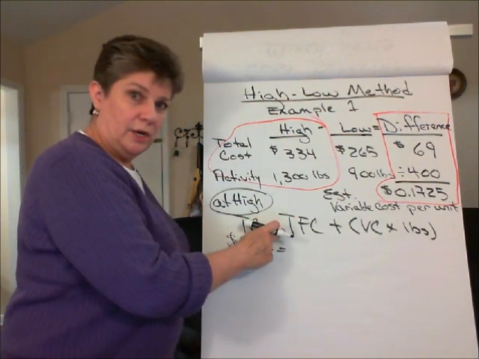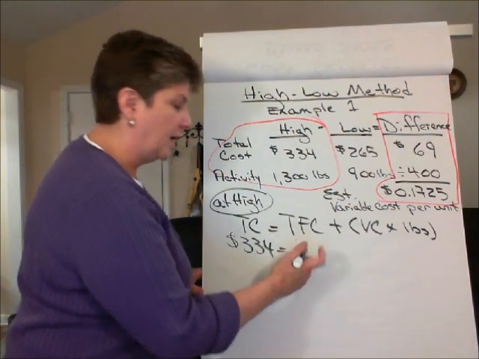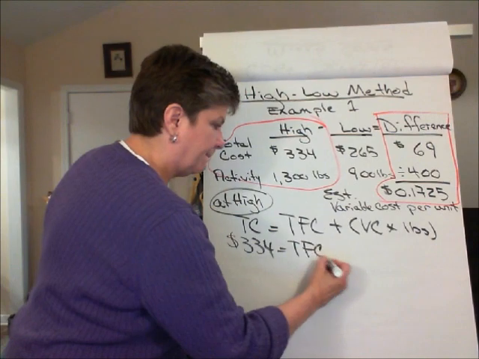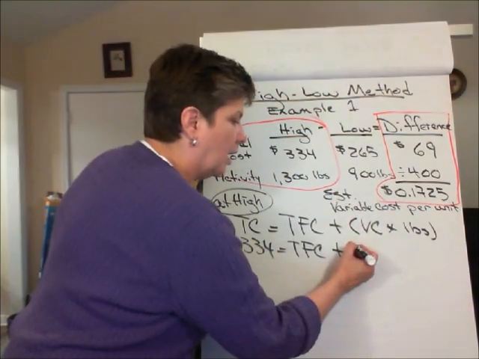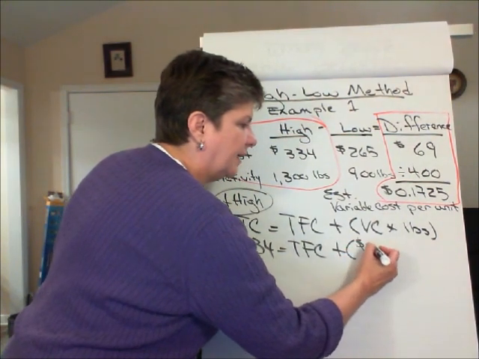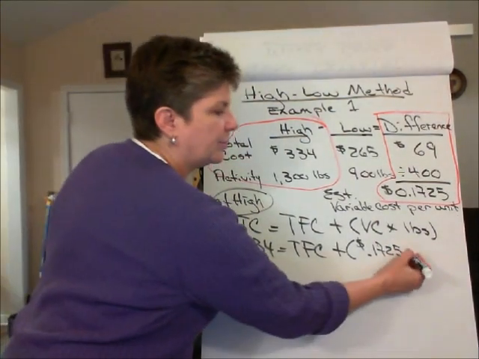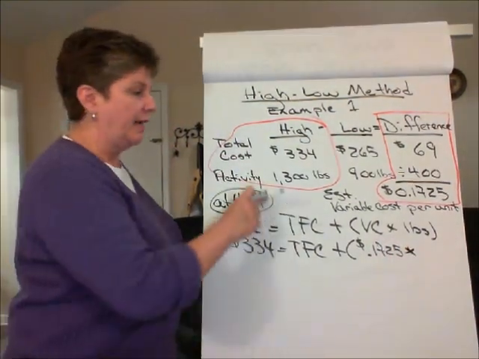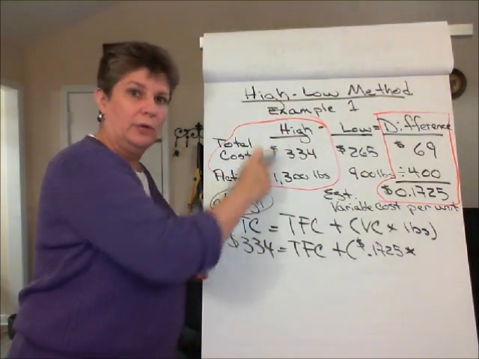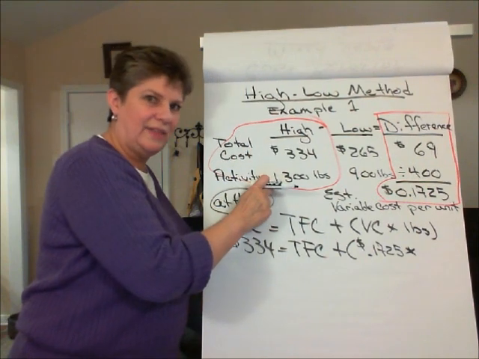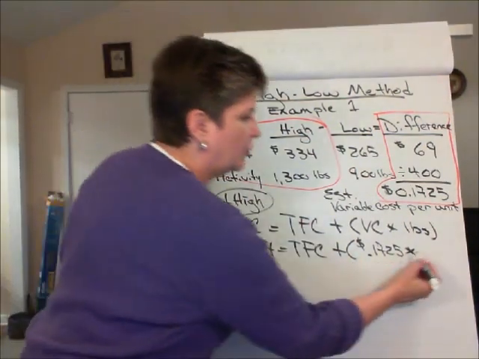We do not know the total fixed cost. That's what we're about to solve for. So we're going to leave this as an unknown. Plus, we now know our estimated variable cost is 17.25 cents per pound. And we'll multiply that 17.25 cents per pound times the activity, the number of pounds at the high. And again, be careful, make sure you pull both the cost and the activity at the high if that's what you're working on. So 1,300 pounds